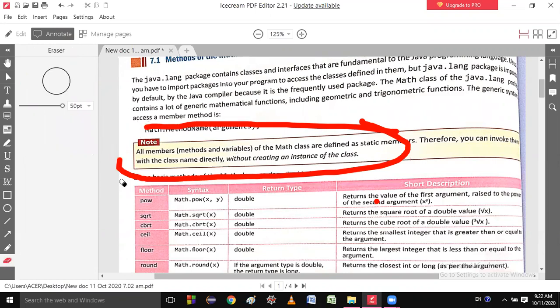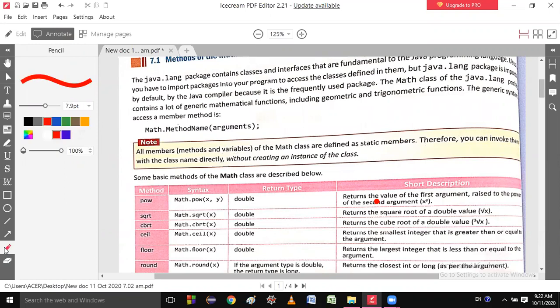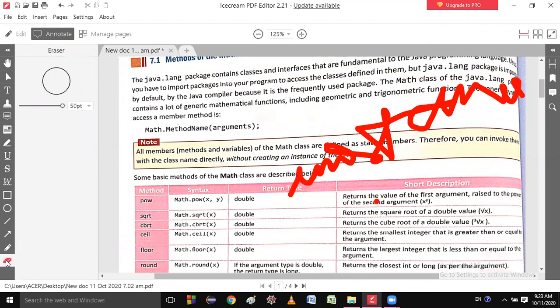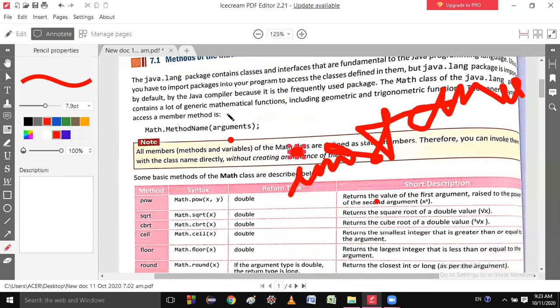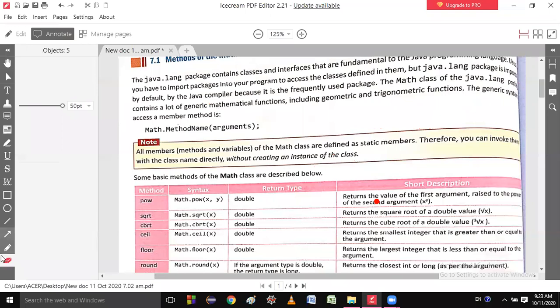Do you know this thing or not? Instance means object of that class. If I say instance variable, then what will you say? The variable which belongs to the object is called an instance variable. Is it clear? So you should relate, beta. You should relate. So just watch here.